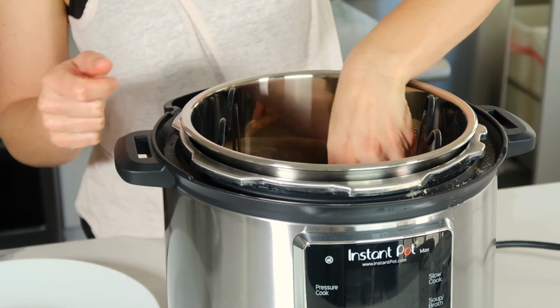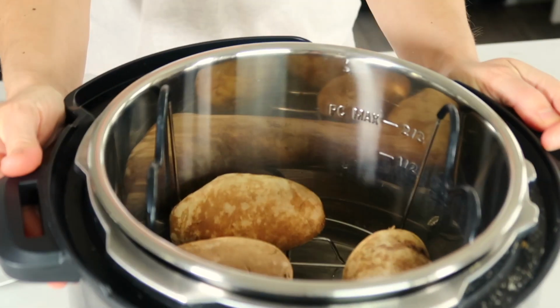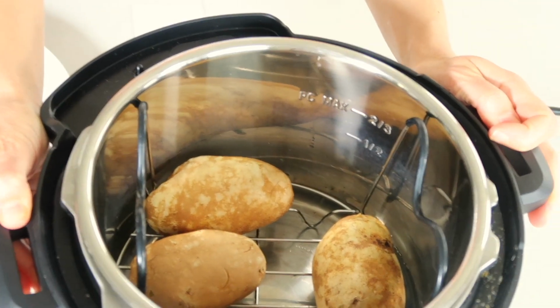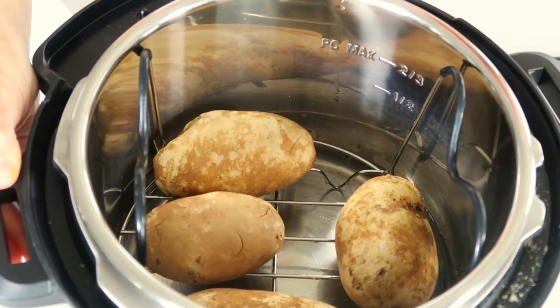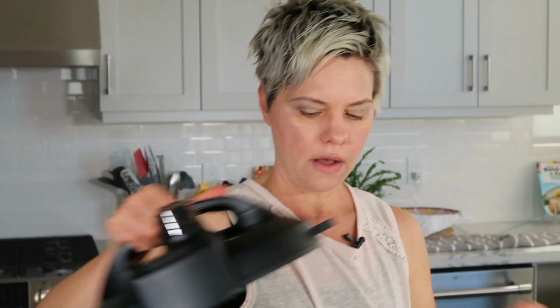So I've laid the potatoes in here. You can see we could actually fit a little bit more. We could probably fit up to 7 or 8, and it's okay if you stack them, but the way they are here, I only need to cook 4. It's just my husband and me in my house, so we will eat these tonight and then we'll have leftovers for tomorrow night. And now we're just going to lock on the lid,